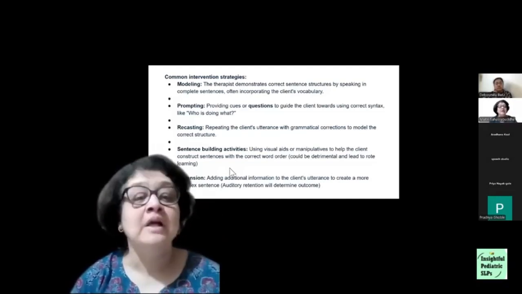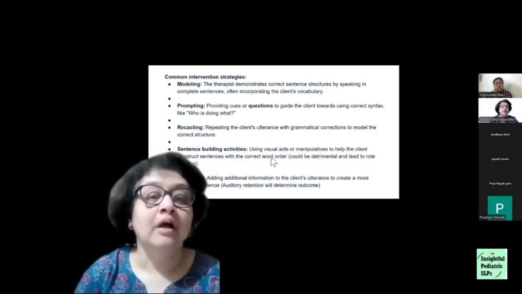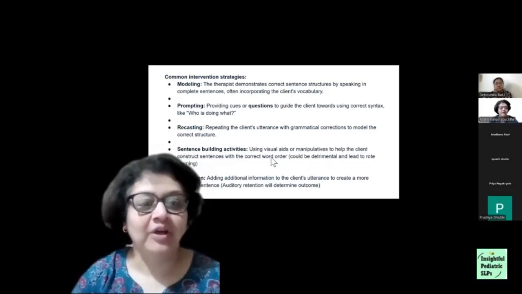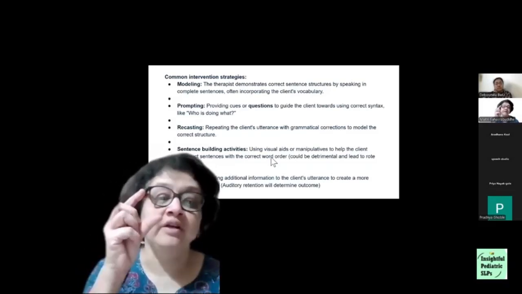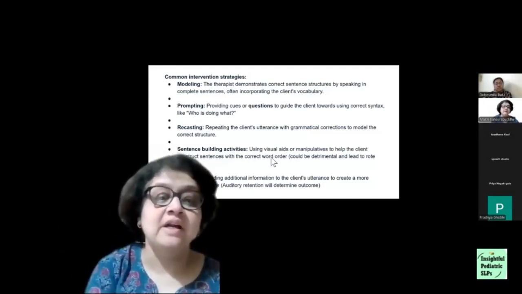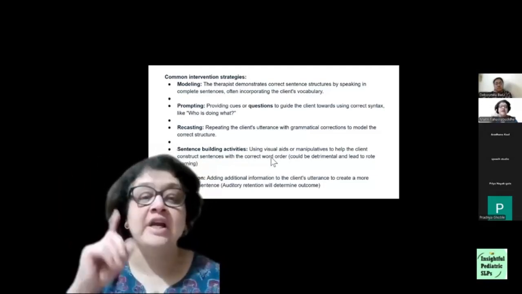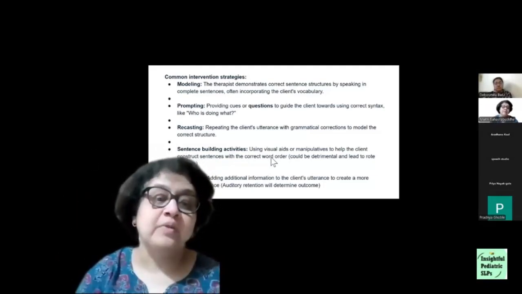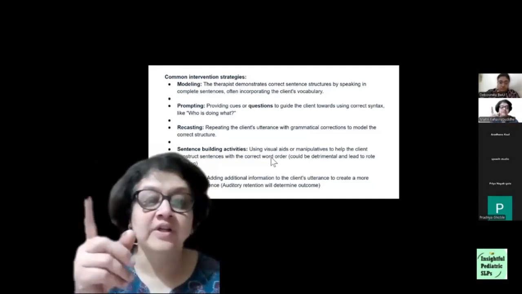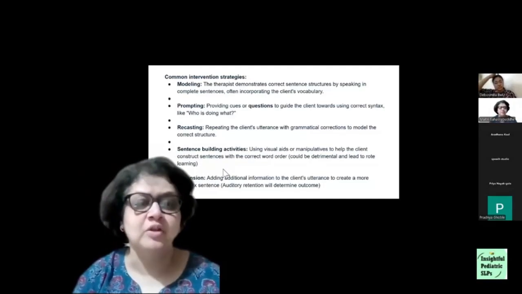use irregular past tense? That is how specific my intervention goals have to be in the report, and even to the parents. Only then can I work on these kinds of subtle language development that I'm talking about. Okay, this is what I've identified. The child is expected to do this, but is not doing it as per the standard criterion. And now I'm going to put it into intervention: the child will start using gender markers. The child will start using tense markers in the next 3 months or 6 months, depending on where we